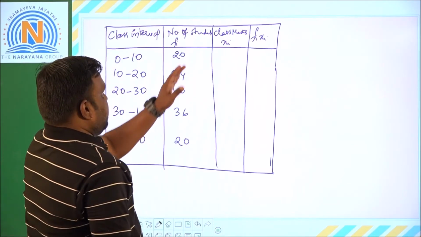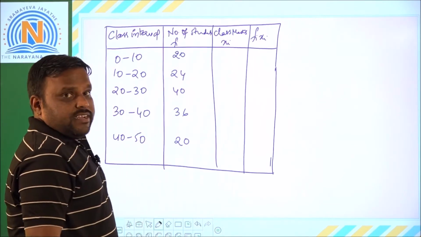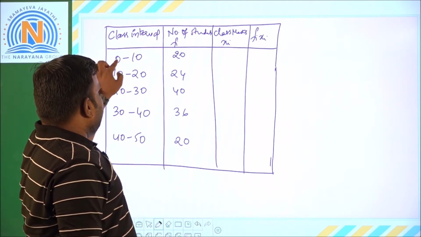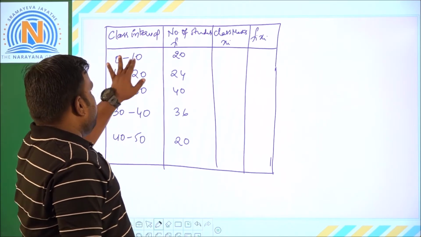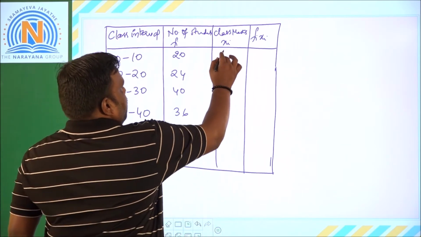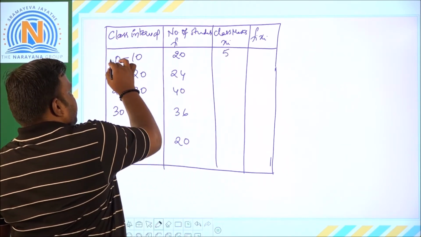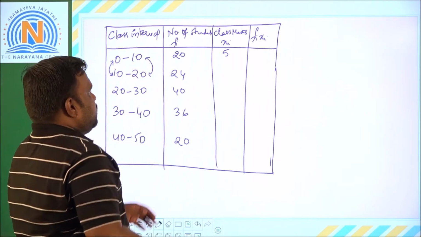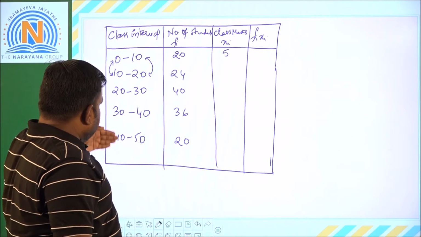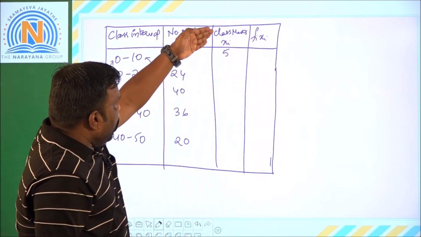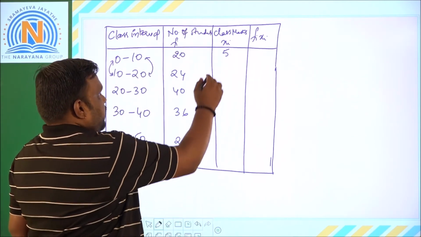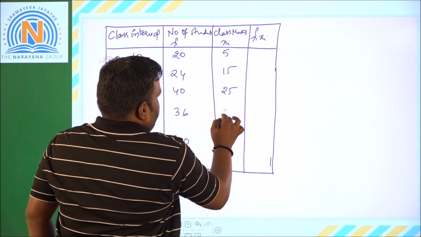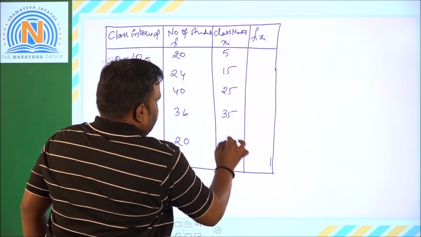Right. So now next, come to the class marks. When you are coming across the class marks, just add the lower limit and upper limit and divide by 2. So 0 plus 10 by 2, that is 5. Now observe the class width. Class width, 10 minus 0 is 10, or 20 minus 10 is 10. So if you check, the class width is the same. So go on adding 10 to these class marks. The next one will be 5 plus 10, that is 15, plus 10 will be 25, and next 35, and the next one is 45.